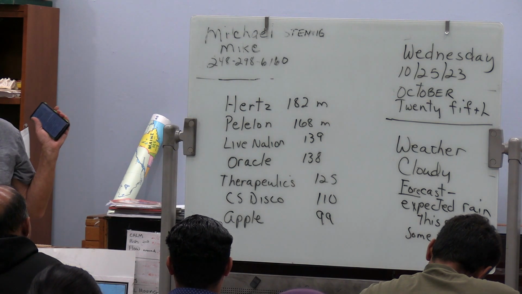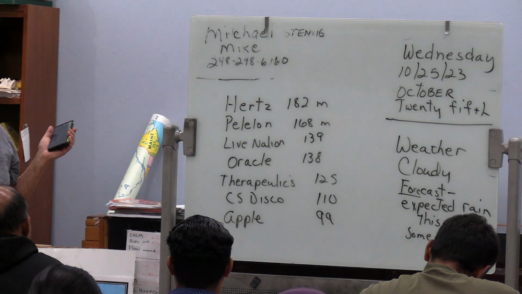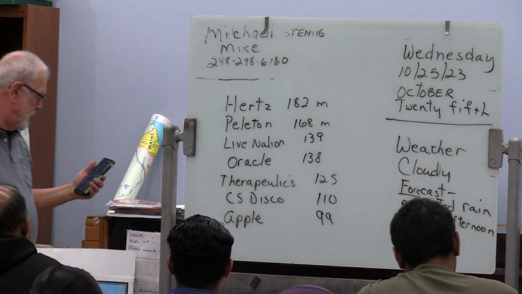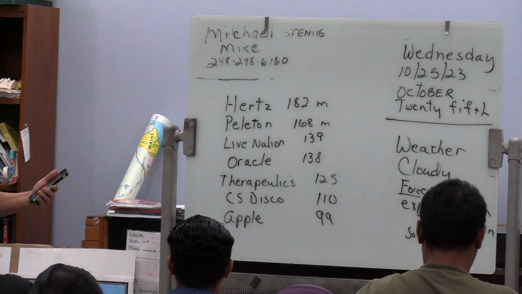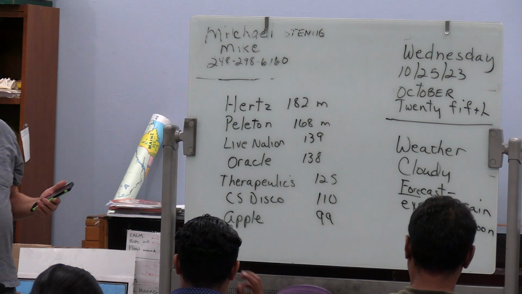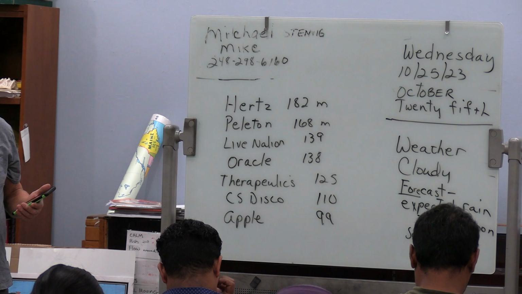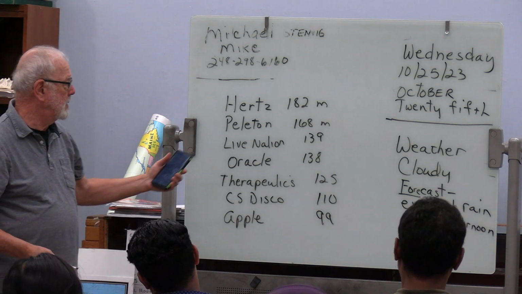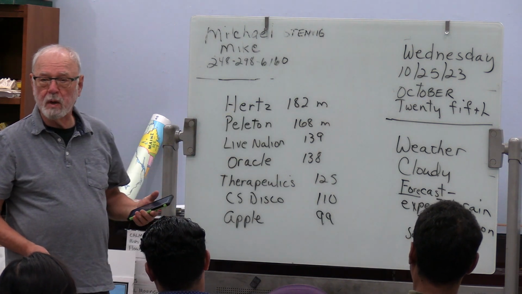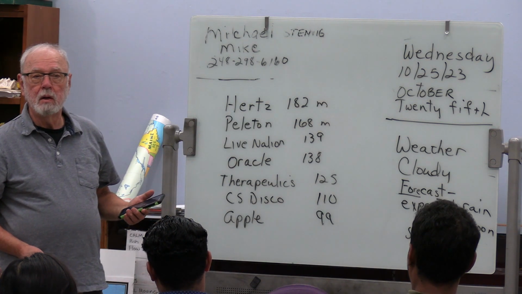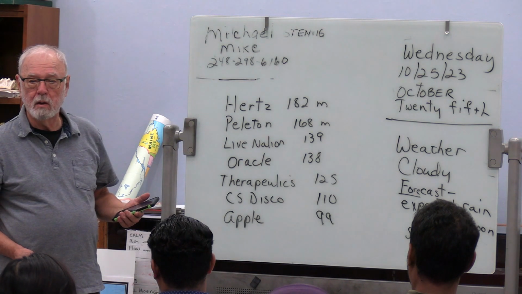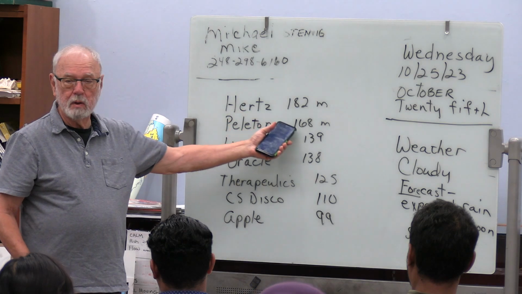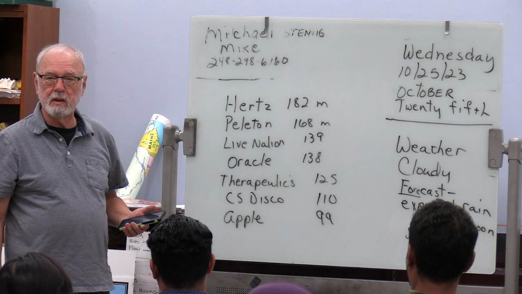Just before we go on, I want to show you these. I think there's 10 here. There's 7 companies where the CEO makes this much money. Do you know Hertz? What is Hertz? Right. Rent a car. You go to the airport, you want to rent a car, this is a big one. $182 million.